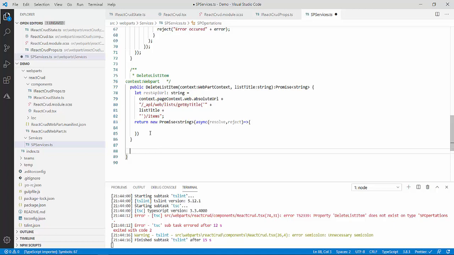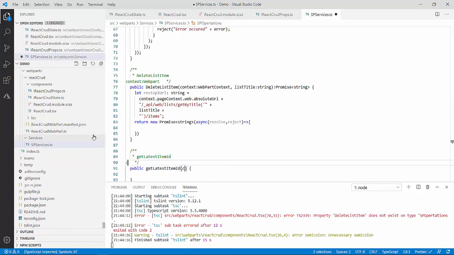So first of all let's write a method to get the latest item ID from the selected list. That is a public method, getLatestItemID. In this method I need two things: the context and the list title, because I need to know from which list I want to get the latest item ID.